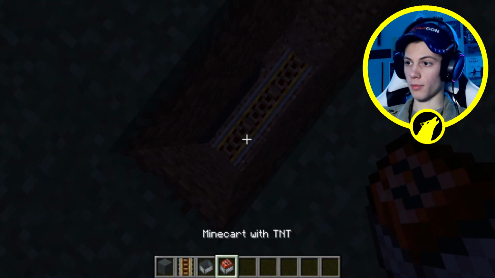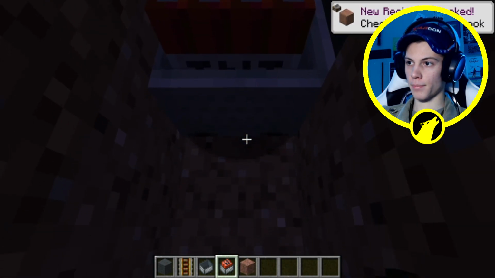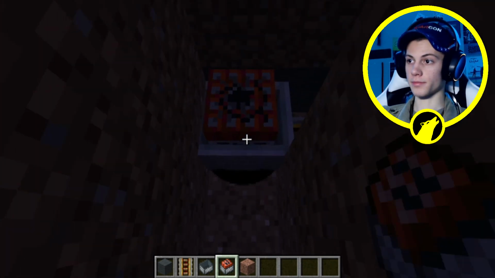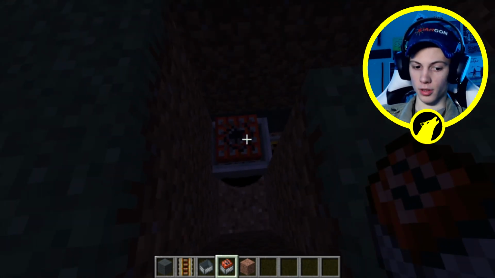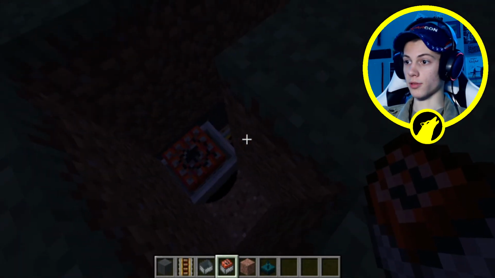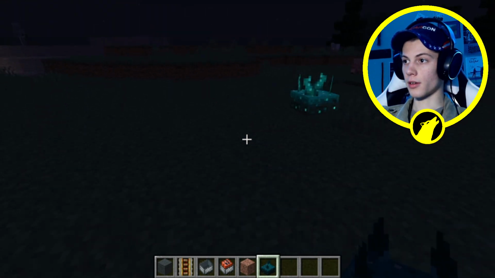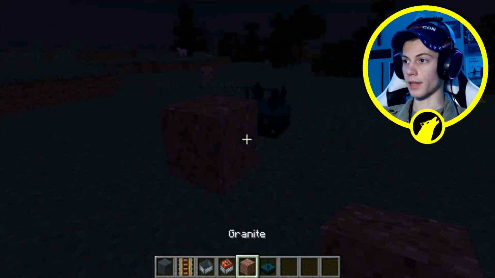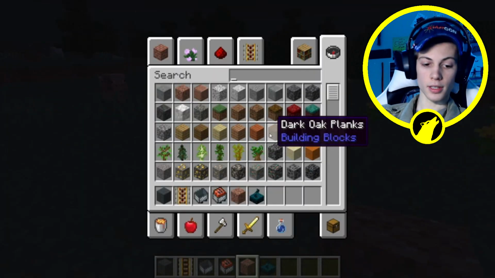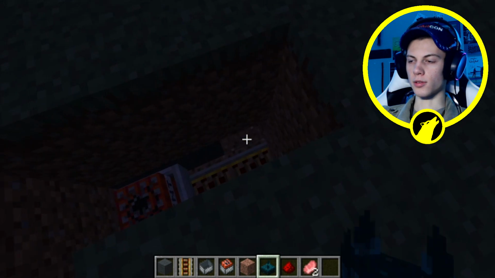then you're going to want to fly up here, go to the side right here, and just fill this whole thing up, however many you want. And then you want to get a sculk sensor. This basically can detect movement and placing of blocks and stuff like that, and it sends signals. And surprisingly, it can activate redstone. So over here, you're gonna want to place this right here